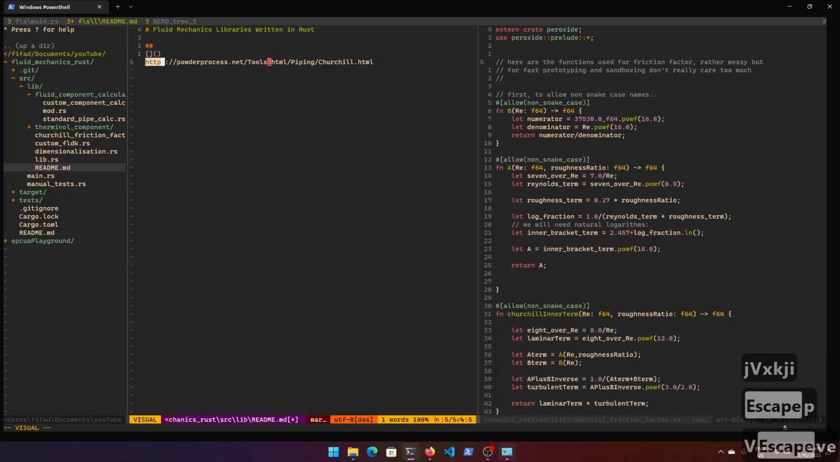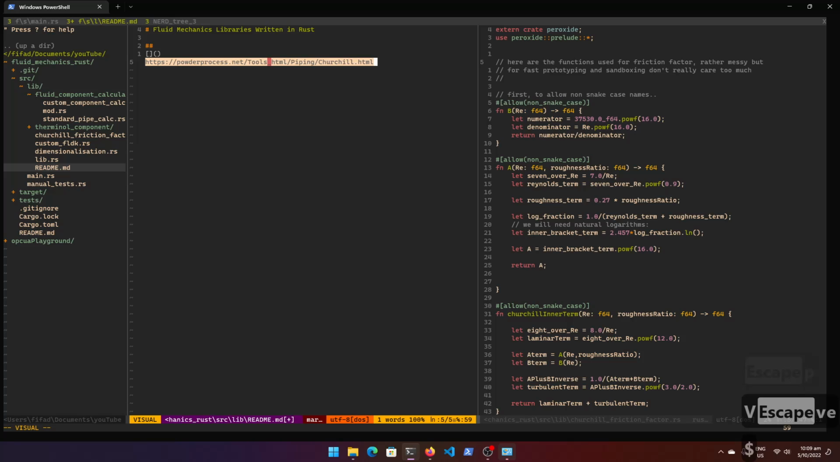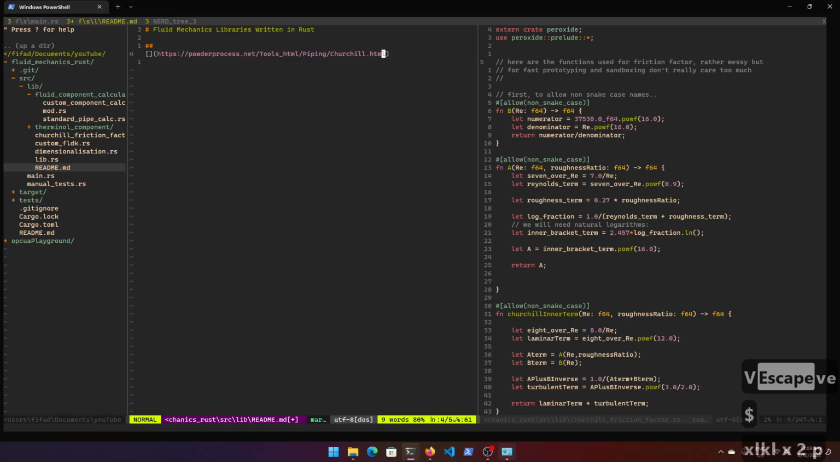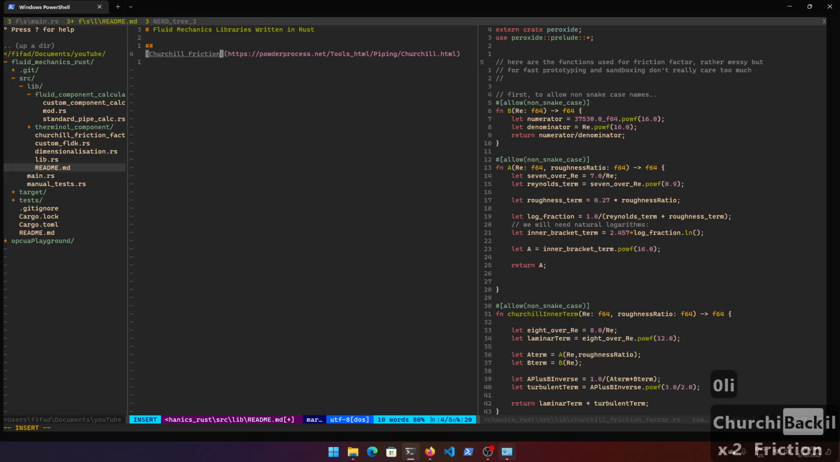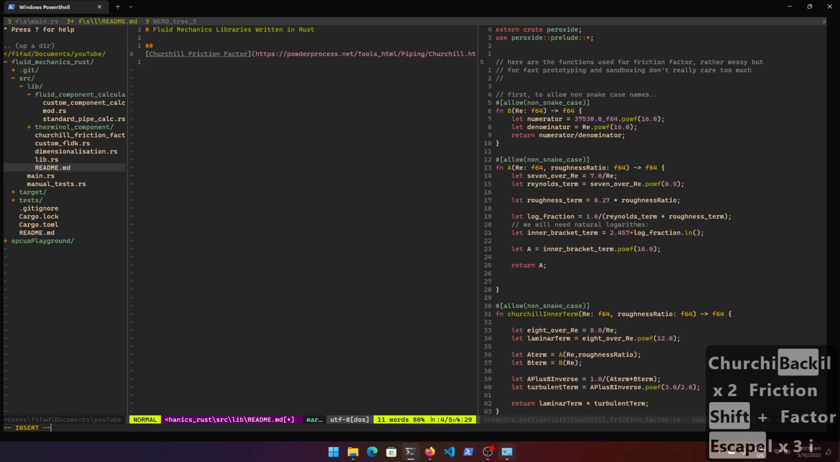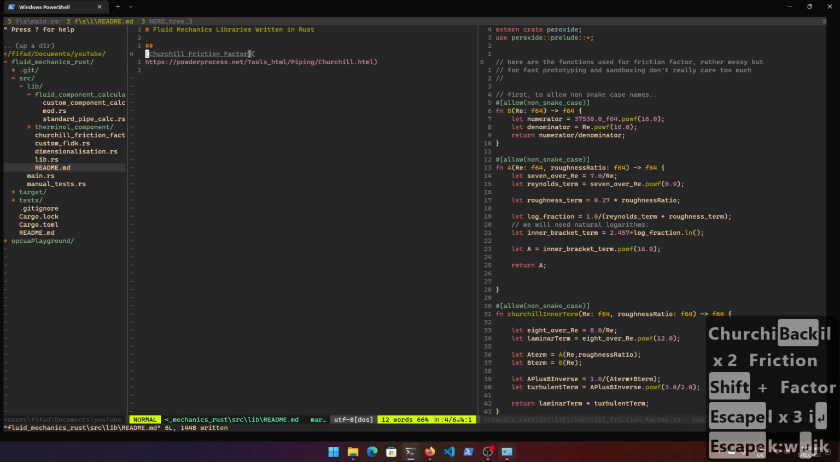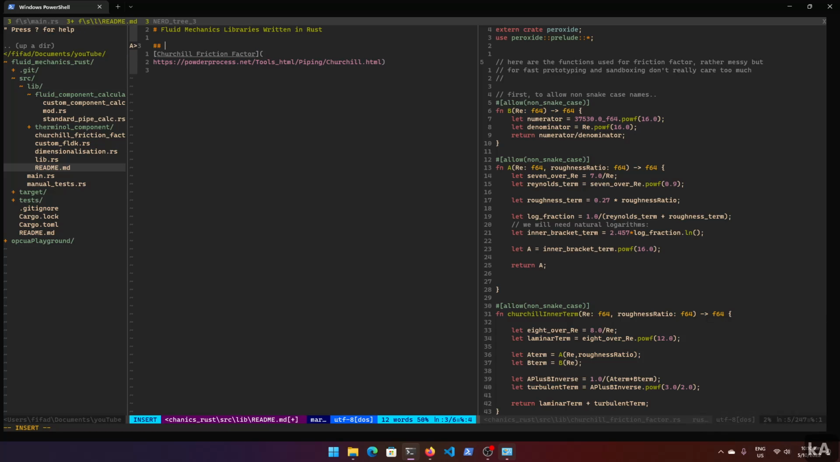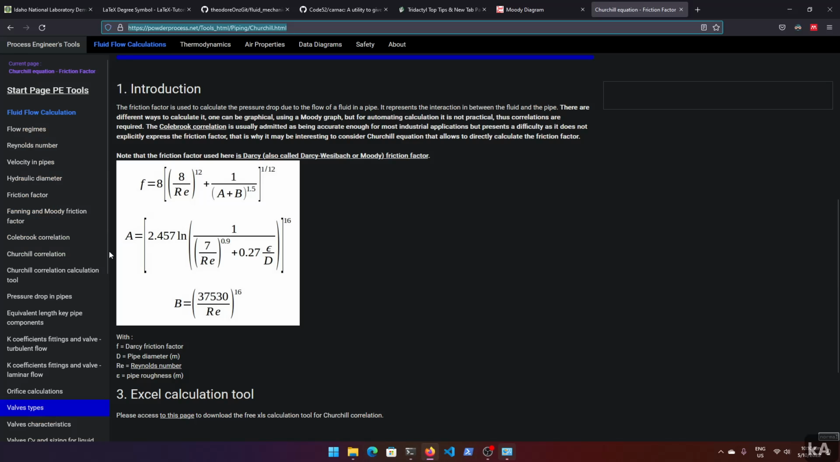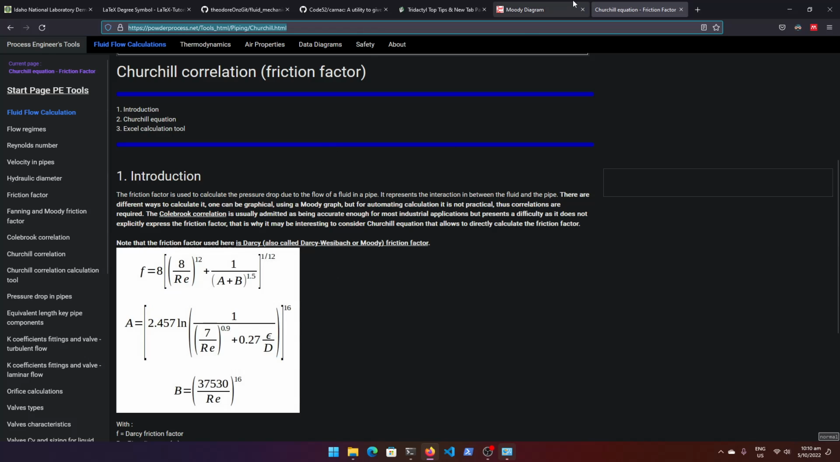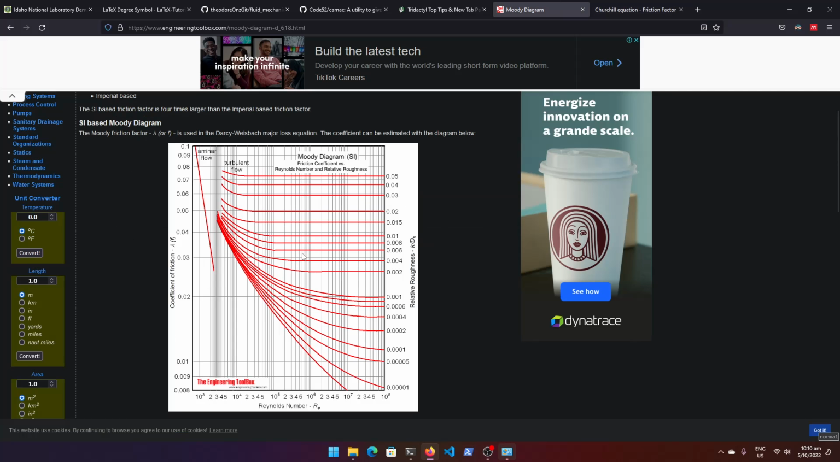Okay, VN $, cut, paste it here, and Churchill Friction Factor. So I'm going to put this on the next side, write it. Okay, and this is on my develop branch. So you may or may not see this. Okay, so yeah, once you get this Churchill friction factor, you should be able to calculate friction factor given two